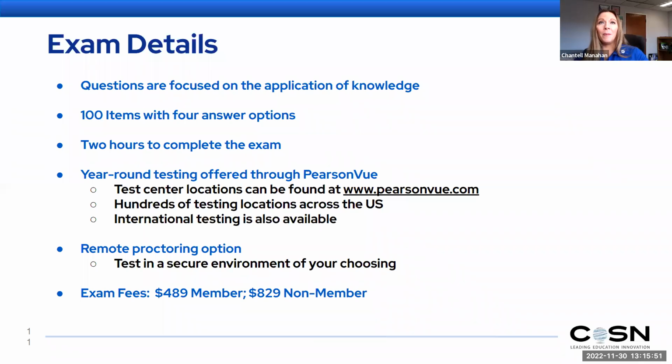So there's probably going to be some sort of scenario and then applying knowledge. Not just going to be pulling terms out, but instead you might get a scenario and then which one of these is the next best step? Which one of these is the order of steps that you would go through to solve this problem? Or who would you consult as you are trying to solve this problem? We are lucky, there is a multiple choice for possible answers to each question, but there are 100 items total.